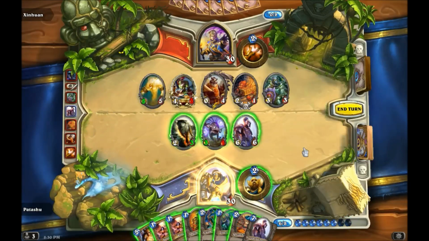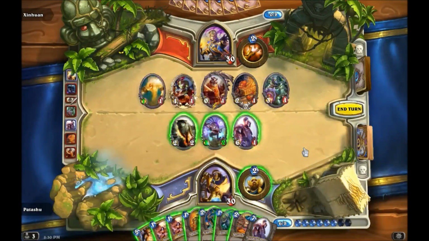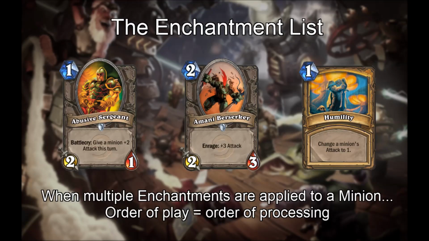Hello everyone. Today we'll be talking about enchantments and auras. When multiple enchantments are applied to a minion, the order they entered play is the order they are processed in to determine final attributes such as health, attack, and mana cost. We call this ordering the enchantment list. By default, new enchantments enter at the end and temporary enchantments disappear from their previous position, the list being recalculated